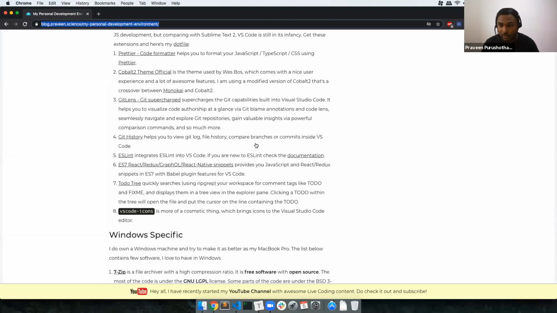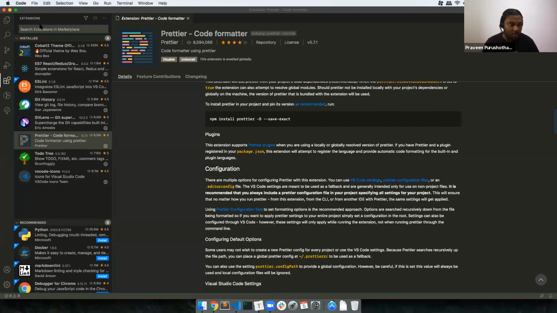But if you want to install your own extensions, this is completely for VS Code I'm talking about. For Sublime Text, you need only three extensions: Emmet, CSS snippets, and then the package control. For VS Code, these are the two extensions that are important, which I generally recommend.